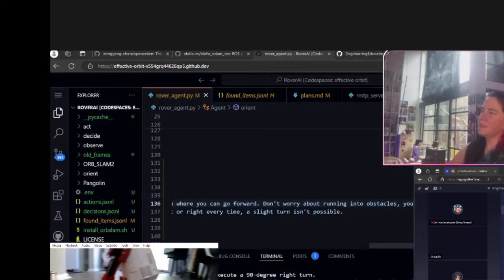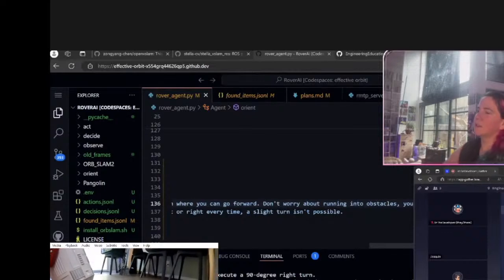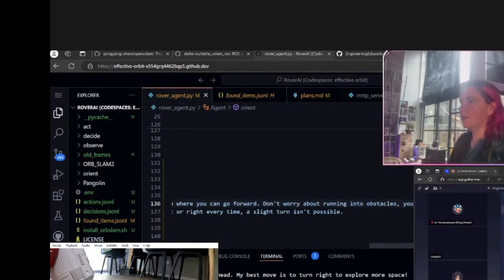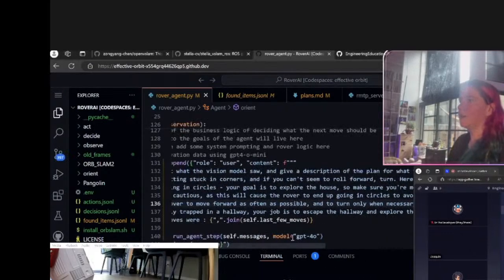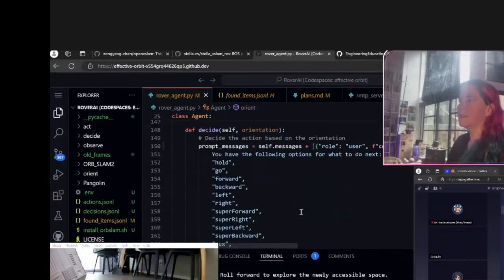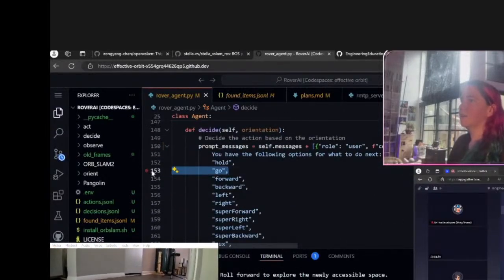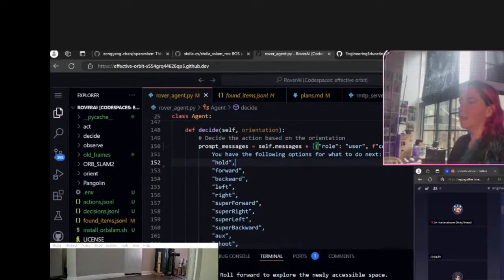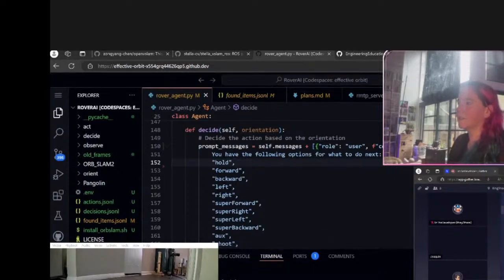Sometimes it seems like it doesn't always get the command, you know? It's possible also that it doesn't always do go. It might be that we need to get rid of go and only use that, because I feel like it doesn't always go forward whenever it gets a go.